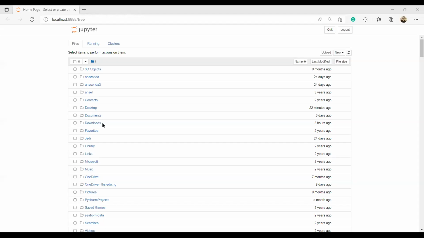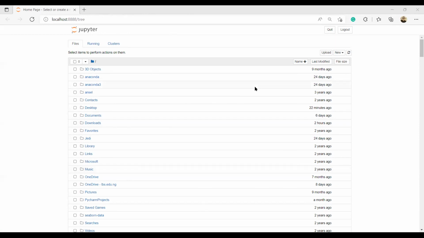So when we click on it, do we have something like this? I don't have the 3D objects and the rest, but I have something like that. Yes, it's on the web. It is web-based. Good. All right. So now what you have here is the Jupyter notebook. This is where you are going to be typing your code.